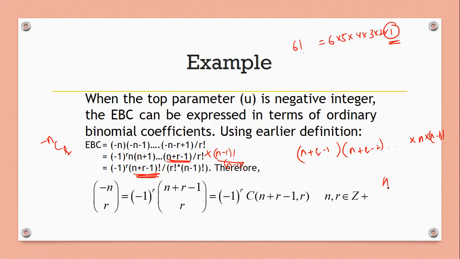How is that? Our normal formula nCr is given as n factorial by (n minus r) factorial into r factorial. So by using this, we can give this formula, or even another representation is minus 1 power r into C of (n plus r minus 1, r), where both n and r are positive numbers, because we have taken minus 1 as common over here. Now, after that,